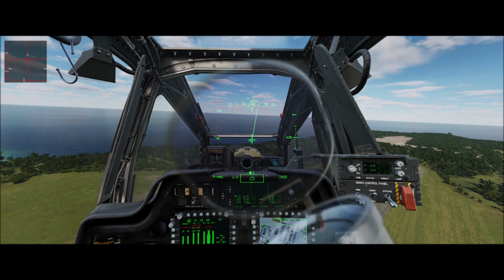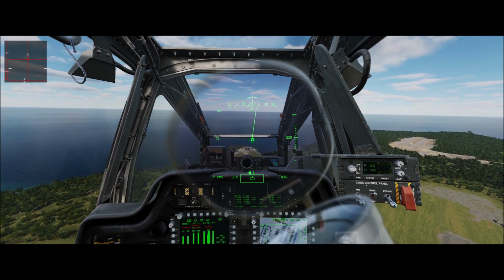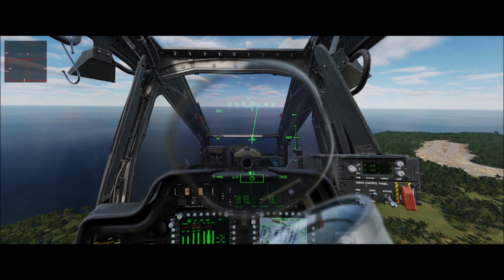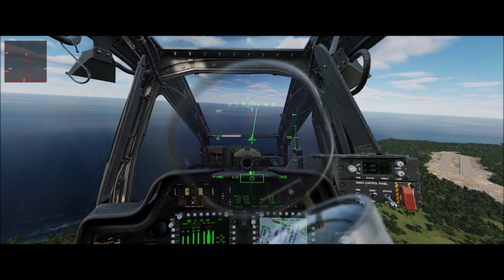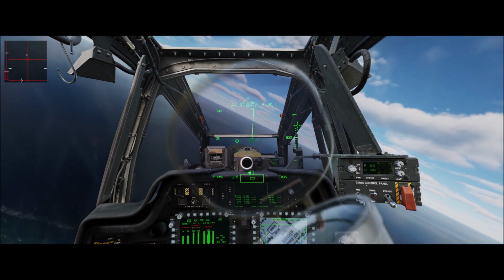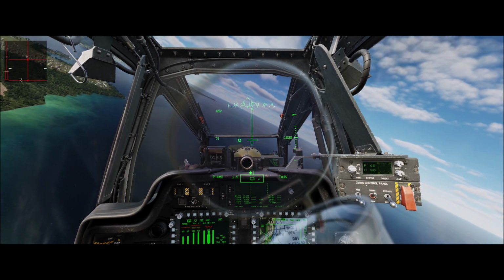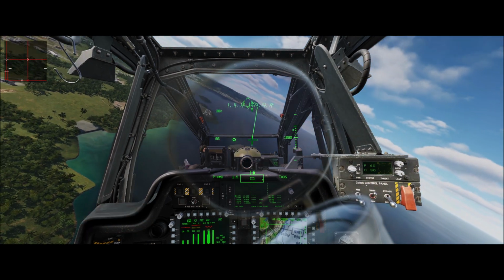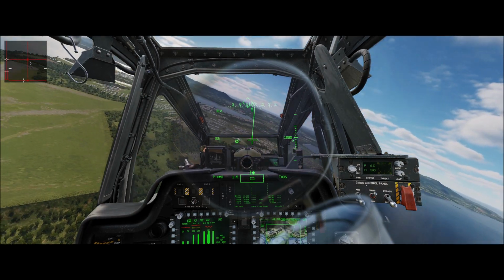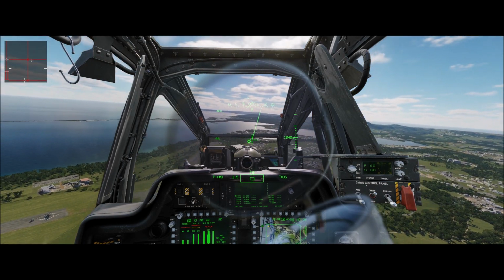Now if you noticed on takeoff, we took off into the wind. So we're going to make a 180 degree turn, and now the wind will be blowing into our tail rotor. Wind blowing into the tail rotor is one of the conditions that could cause disturbed air and induce loss of tail rotor effectiveness. So let's go ahead and see if we can level off here. Bring the aircraft downwind. Bring it into a